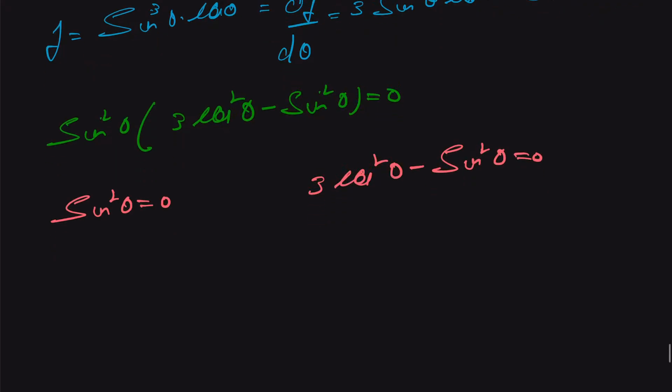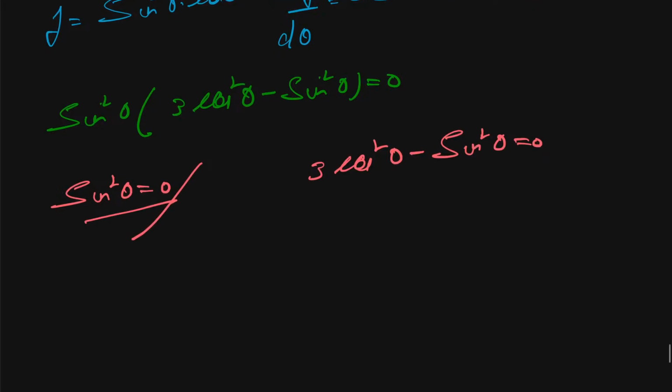The first term is going to give us that the value of theta is equal to 0, so we are going to simply ignore this part, and solve the second one, which gives us tangent square theta is equal to 3, or tangent of theta is equal to square root of 3,